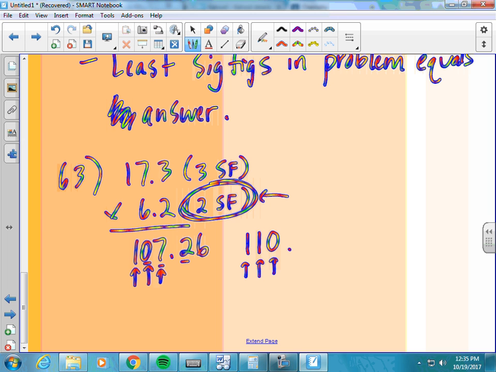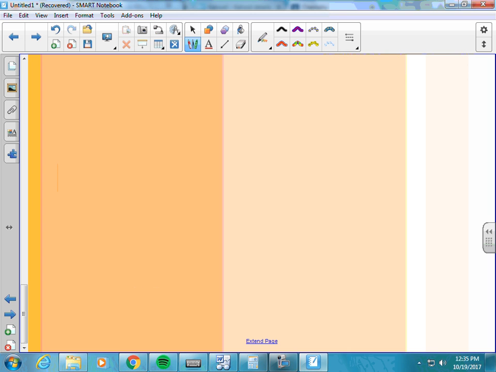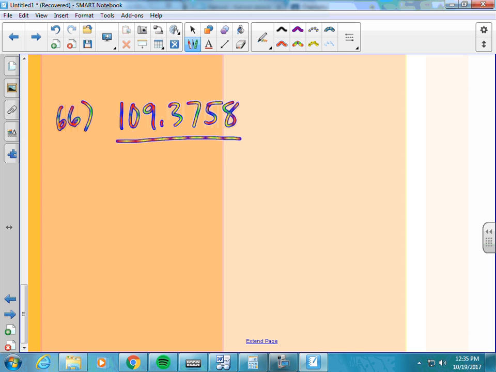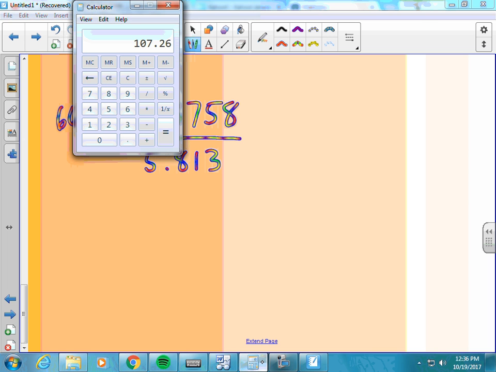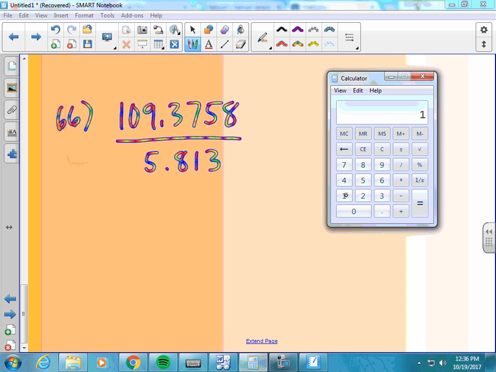All right, let's look at a division problem. Let's look at number 66. So 66, we have 109.3758. And then we're going to divide that by 5.813. So I'm going to start by just doing the simple math. So 109.3758 divided by 5.813 equals,